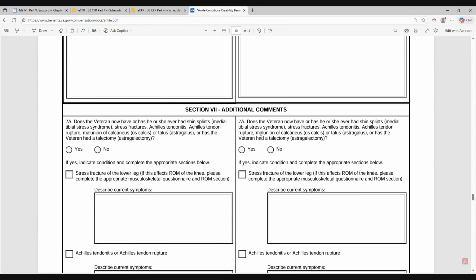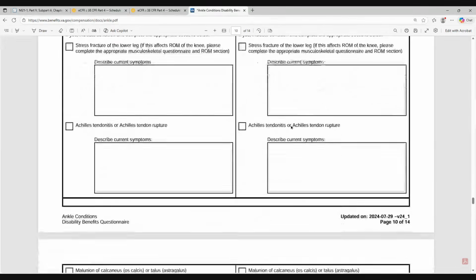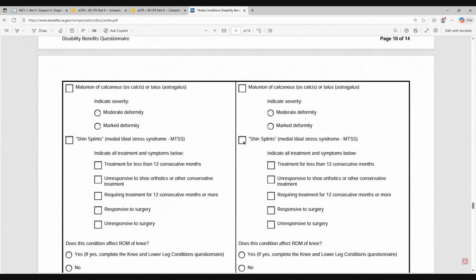Additional comments, shin splints. Shin splints are a thing. They should be rated separately, but when shin splints are involved with the ankle and when shin splints are involved with the knee, only one of the joints, typically the ankle joint, would get the 10% limitation of motion over shin splints. They both cannot get the 10% for painful motion,